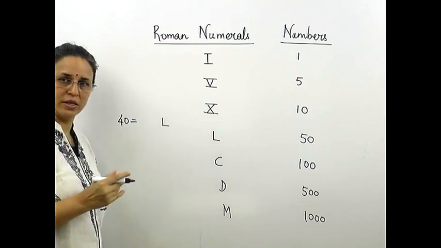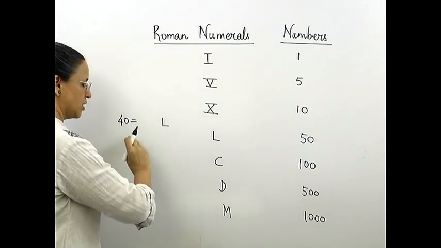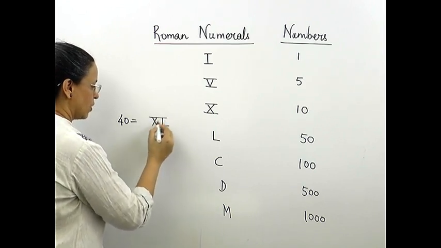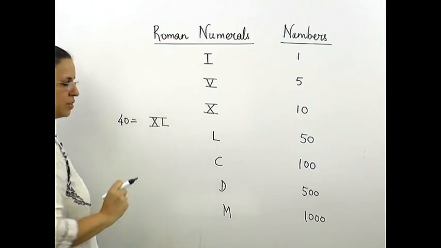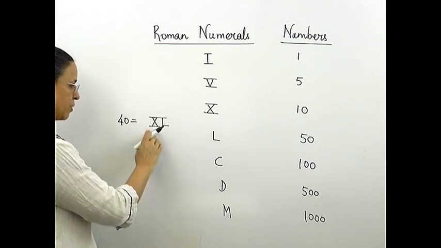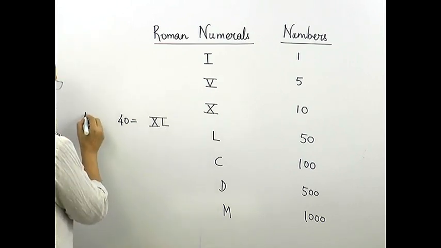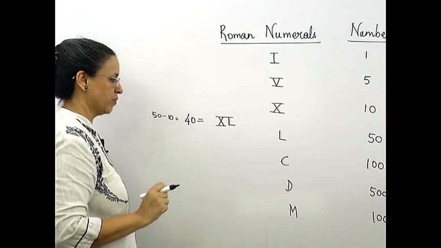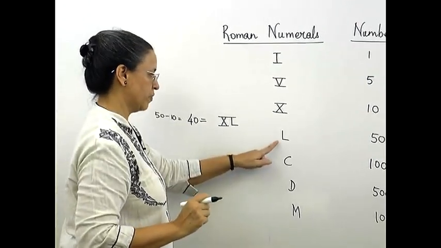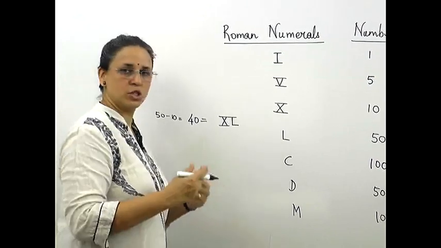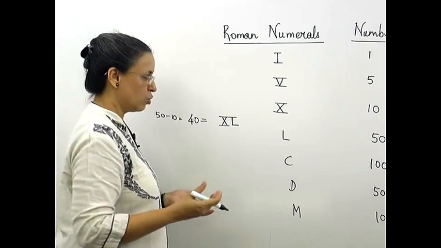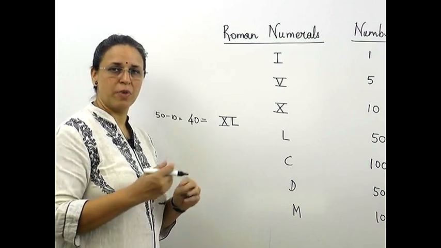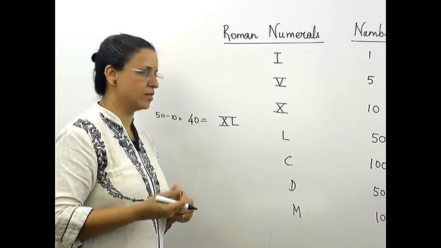When we wanted to do minus, you know minus ये side लिखा जाता है left hand side. तो 50 minus 10 will give you 40. तो ये 40 कैसे बना? That means 50 minus 10. That is how you will get the number 40. अभी ये जो 50 है वो भी आप सोचेंगे कि आप 4 बार लिखेंगे, 5 बार लिखेंगे तो आपको नंबर मिलेगा, बट मैक्सिमम 3 बार ही लिख सकते हो। उसके बाद में नेक्स्ट नंबर से हमको माइनस करना है.